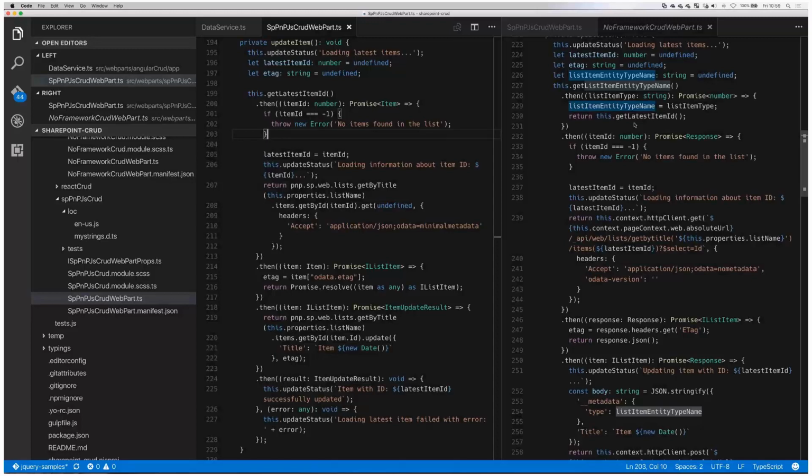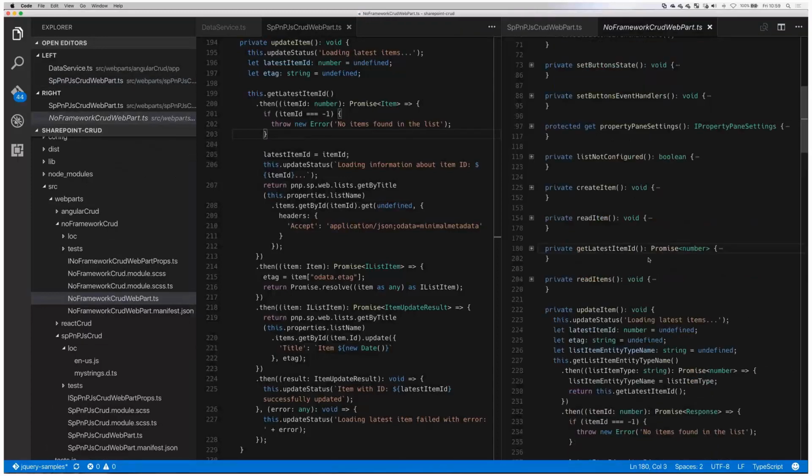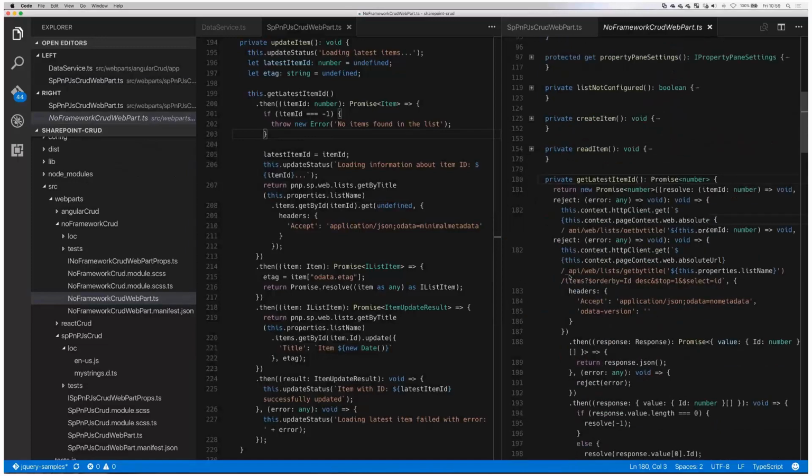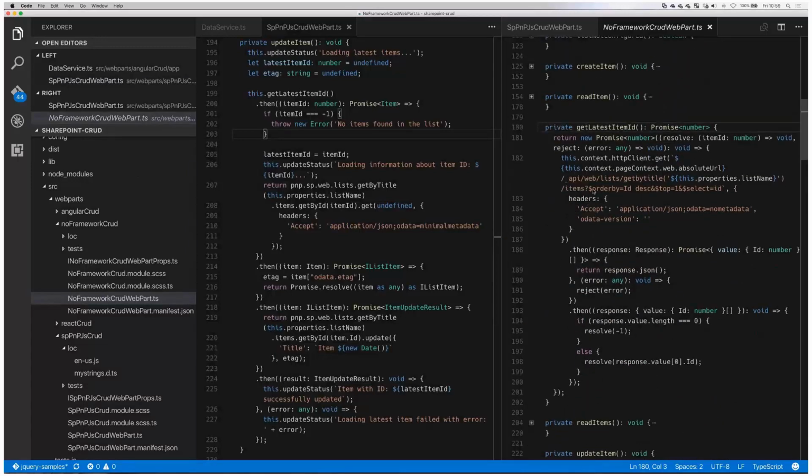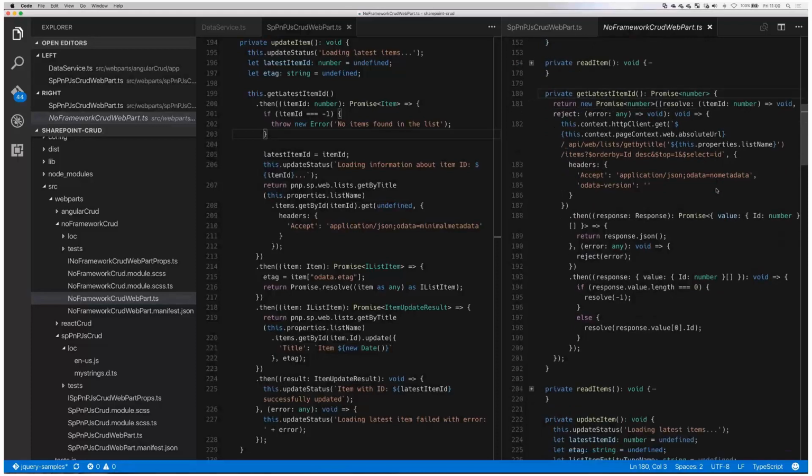not to store the ID of the latest item we added to the list, but to actually get it from the list directly. Right? And here, for example, to do that with raw REST, we had to build the whole URL of API web list, get the list items, get the list ID. Oh, actually, we have to have it implemented here. Let's compare that, which is the one here. So we get all items, then we order them descending by ID with top one, and we only want to select the ID, right? With SP PnP, you can do it in a more fluent and less error-prone approach because